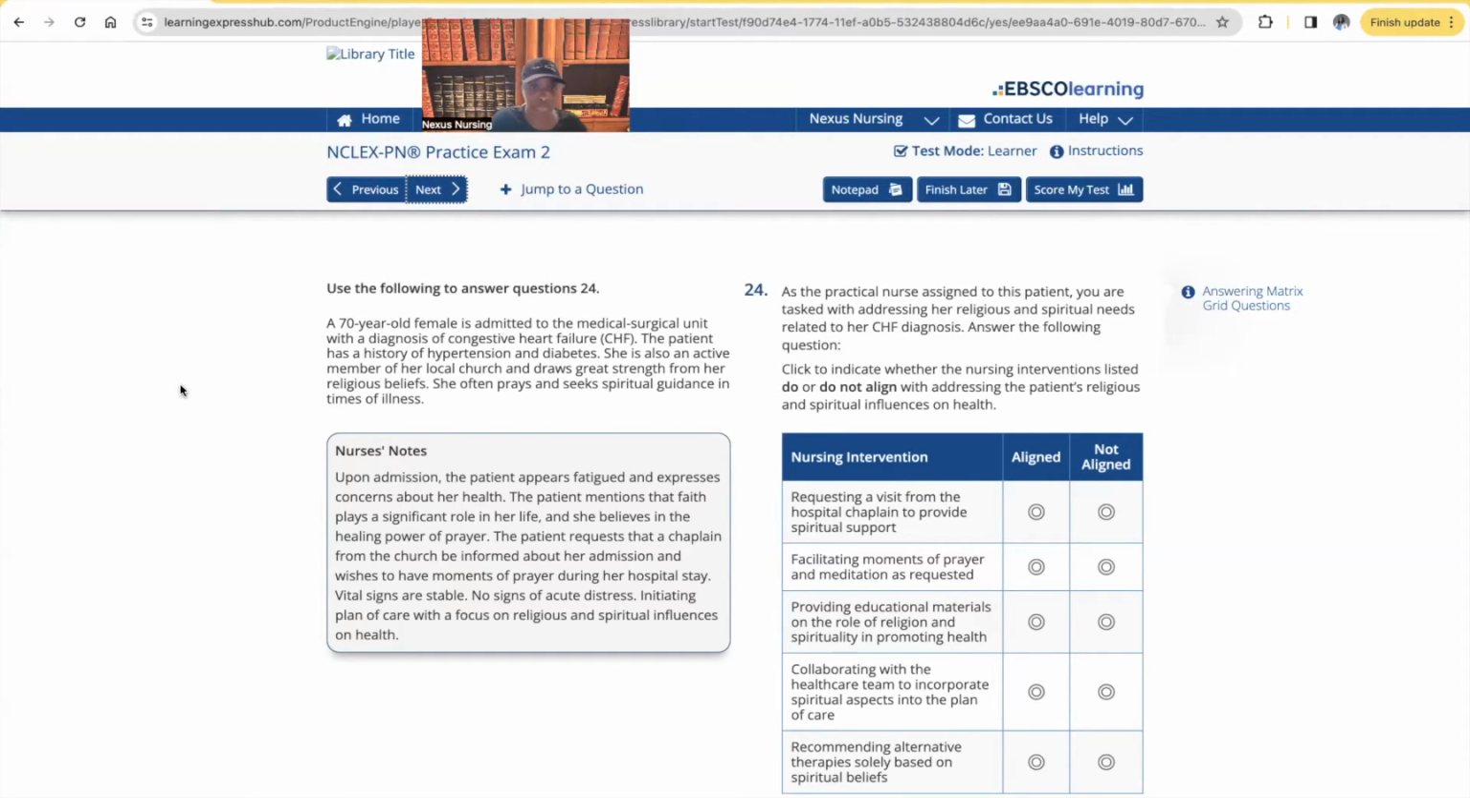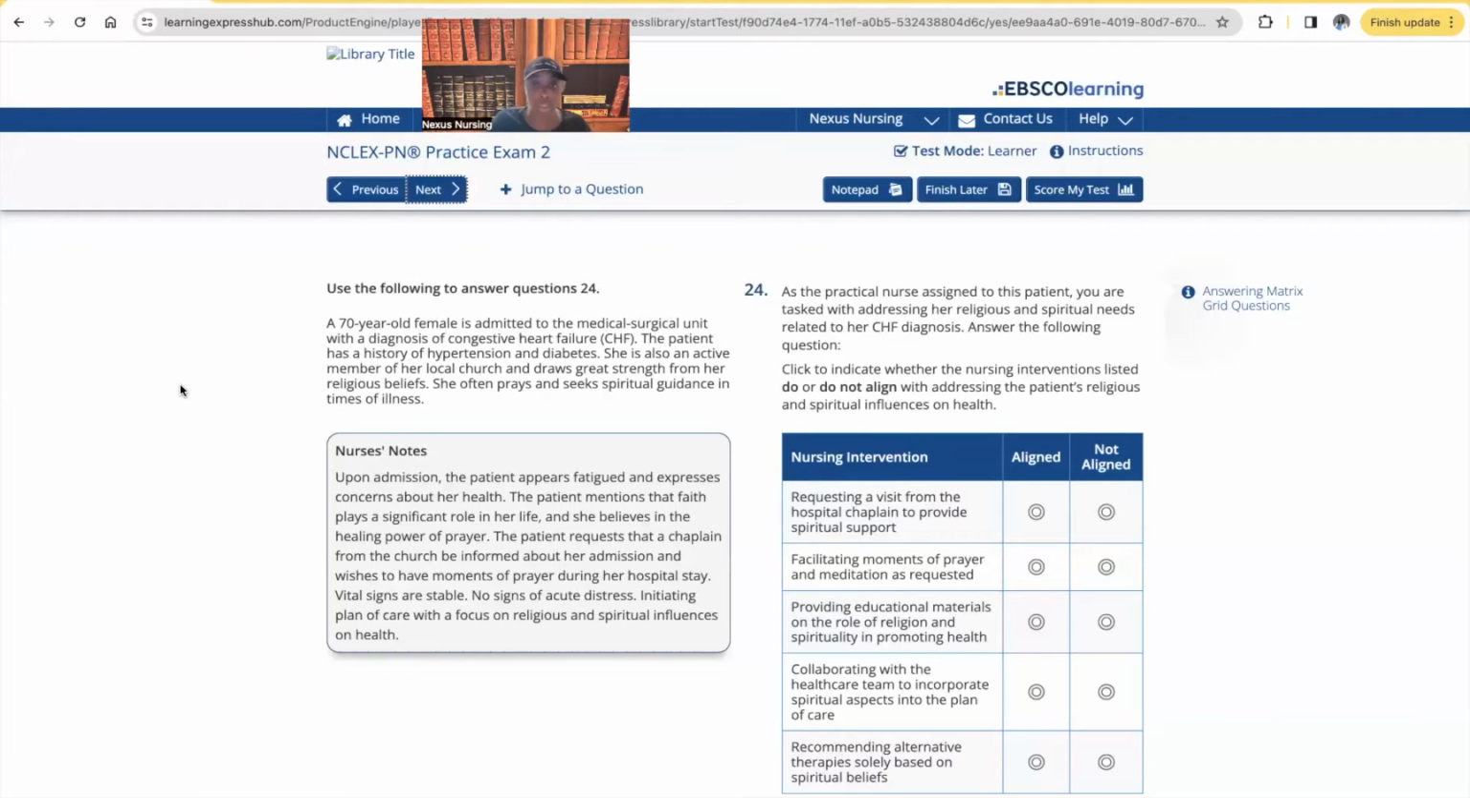Here's the nurse's note. Upon admission, the patient appears fatigued and expresses concerns about her health. The patient mentions that faith plays a significant role in her life and she believes in the healing power of prayer. The patient requests that a chaplain from the church be informed about her admission and wishes to have moments of prayer during her hospital stay. Vital signs are stable, no signs of acute distress, initiating plan of care with a focus on religious and